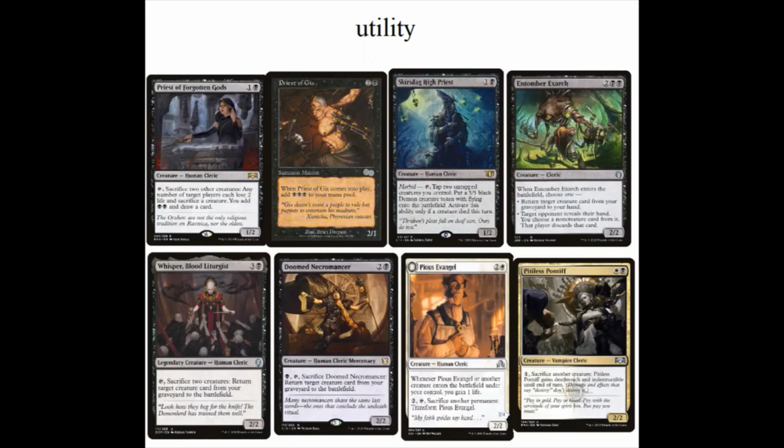At the beginning of our upkeep, if there are 4 or more card types among cards in our graveyard, we transform him, and then he gives our Eldrazi vigilance, and we can pay 2 mana, sacrifice a non-Eldrazi creature to put a 3/2 Eldrazi Horror token onto the battlefield. So he does a lot of good stuff for what our deck wants, making better threats, basically, because most of